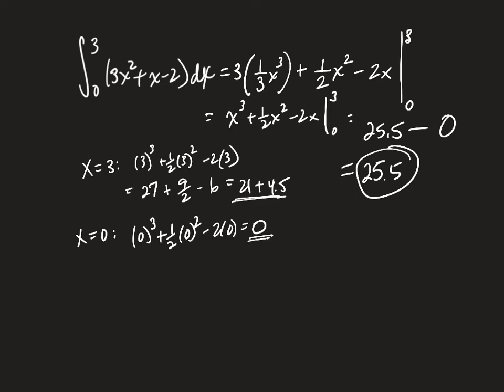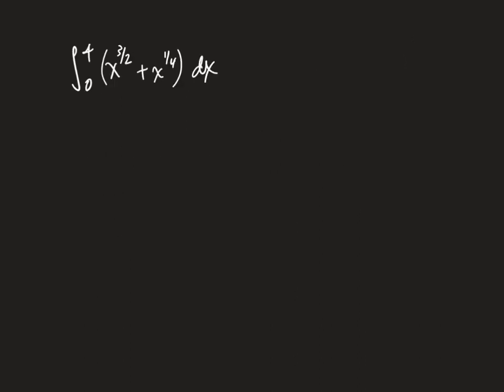Now I know this one was 0, but if I did minus, I'd have to make sure to change all of the signs of whatever is in that computation, right? So I like to just calculate them up separately, figure out what they each are separately, and then do the subtraction. Okay, let's try the next one.